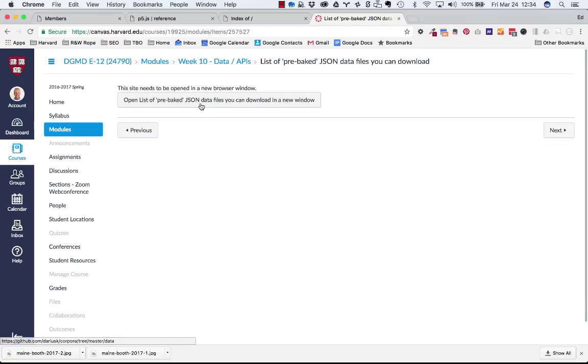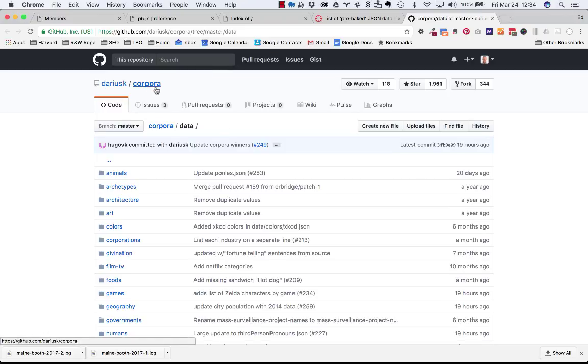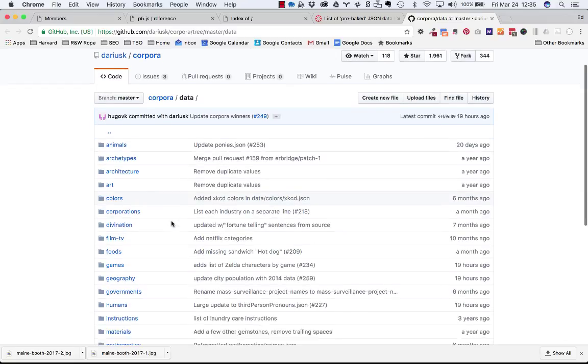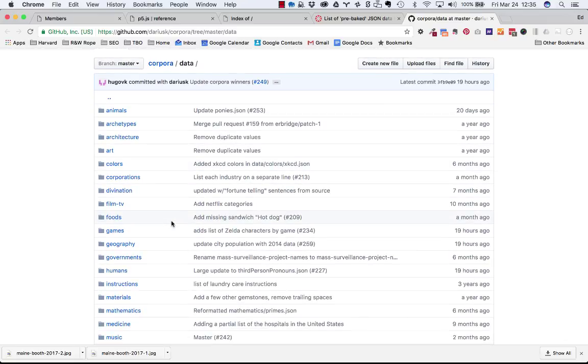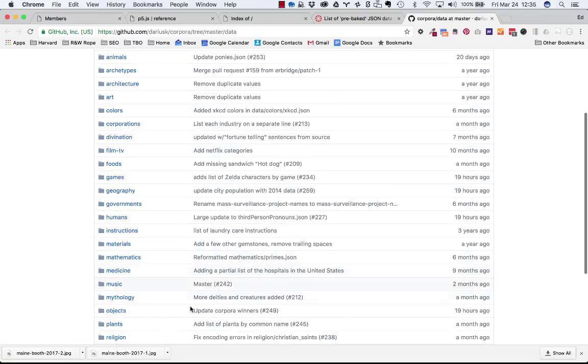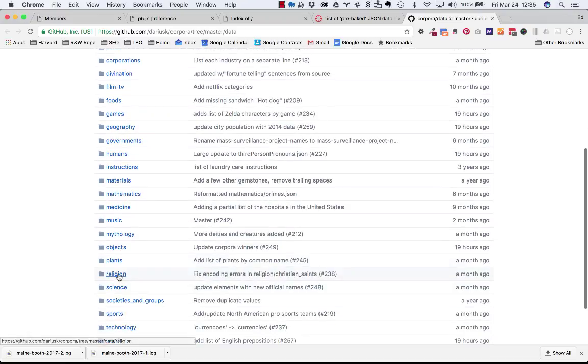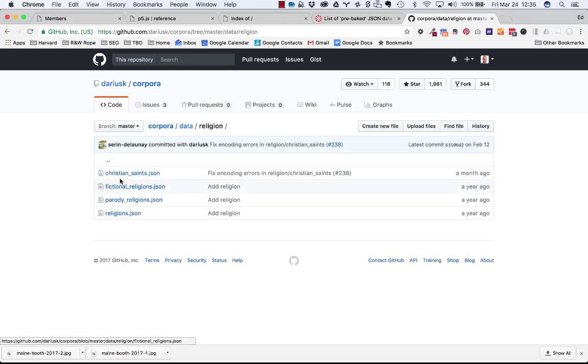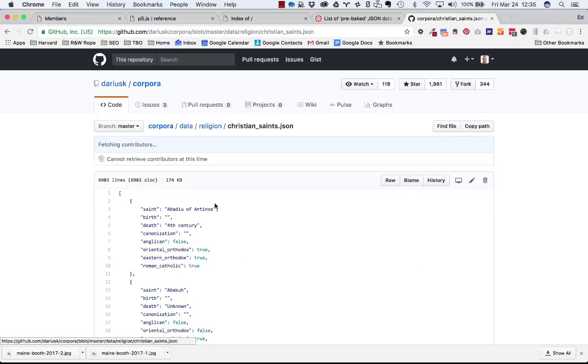Okay, so if you go here and you click through, on GitHub here, this Corpora site, which Dan Shiffman will use in some of his videos too. He's going to use different files than I'm using. But you can see that there are all sorts of topics, whether you're interested in animals or architecture or medicine or music or whatever, there are some files. You want to go into religion, you can get a data file on a list of Christian saints, I guess, which if I click through, you can see